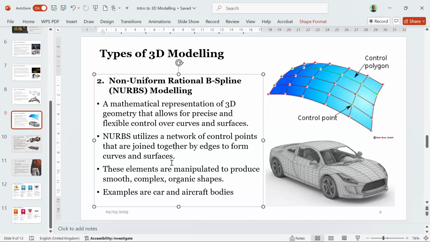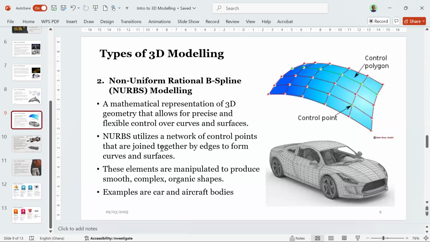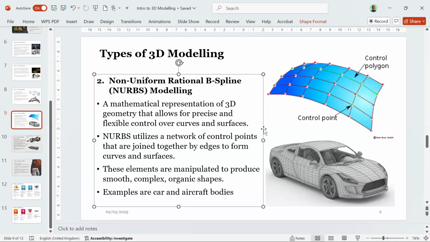And NURBS utilizes a network of control points that are joined together by edges to form curves and surfaces. So normally we use NURBS modeling for extremely smooth organic surfaces. Like if you imagine a luxury car like a Lamborghini, you can imagine how the body is curved. That level of smoothness can be obtained using NURBS modeling. You can do the same thing with polygonal modeling, but NURBS modeling is more accurate, and it is easier to play around with